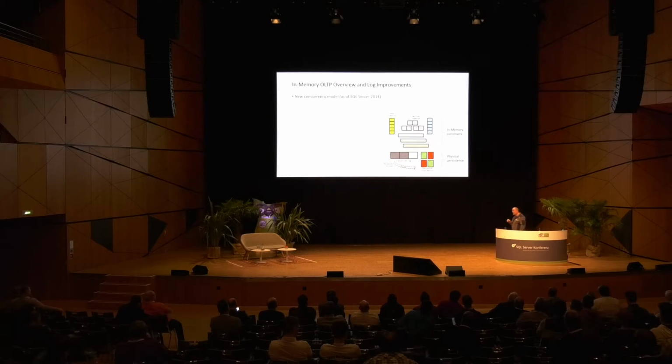Now, one of the things that they still need to do is persist the data on disk, because if you have a system failure, you still need to read back your data into memory. But there's a slight difference in the way they do that, because the operation to populate our checkpoint file pairs, where the data ultimately goes, is asynchronous. The mechanism for the transaction log works pretty much identically in memory as it does for on-disk. So all the changes that are made are in a transaction log.